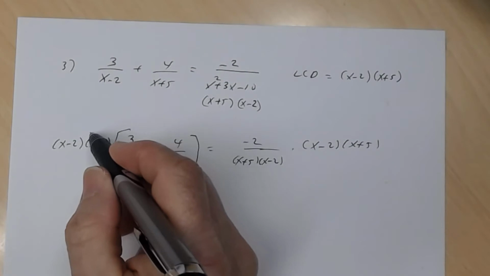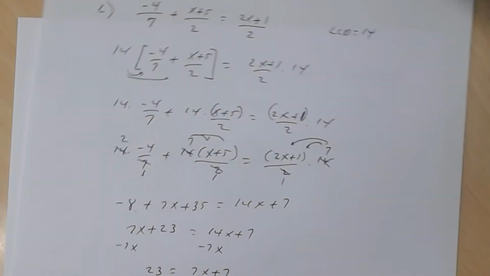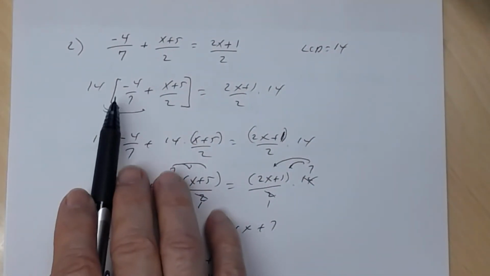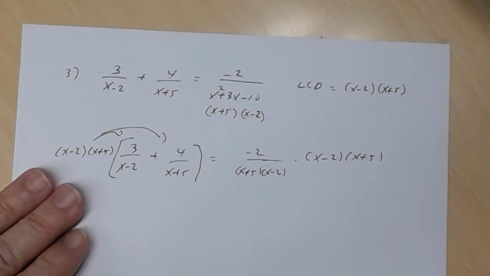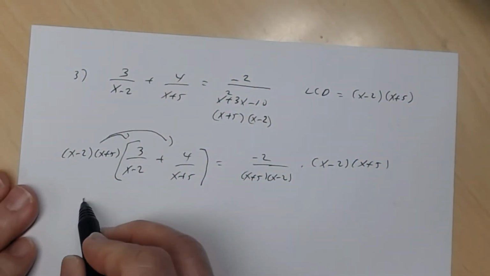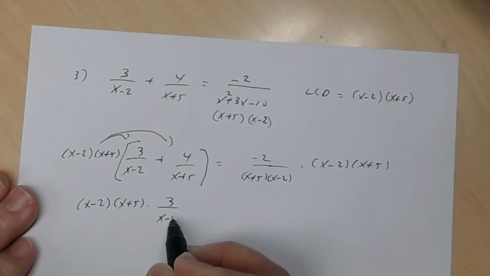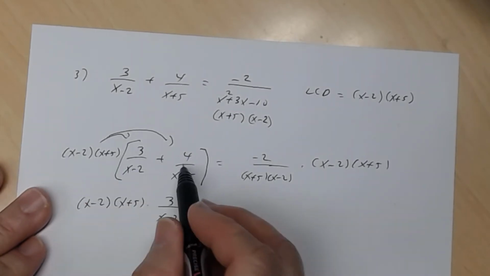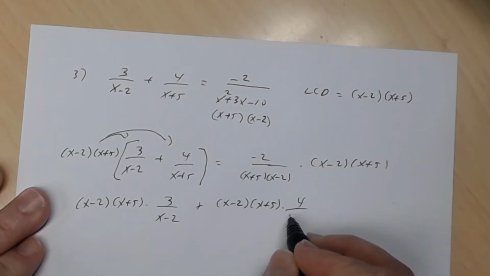All right, now I'm going to distribute, just like we did before. So remember, when I did this right here, I distributed. I multiplied every rational expression by 14. So notice all these rational expressions are going to be multiplied by the LCD. So you're going to say x minus 2 times x plus 5 times 3 divided by x minus 2 plus, and then this times the LCD times this, x minus 2 times x plus 5 times 4 divided by x plus 5